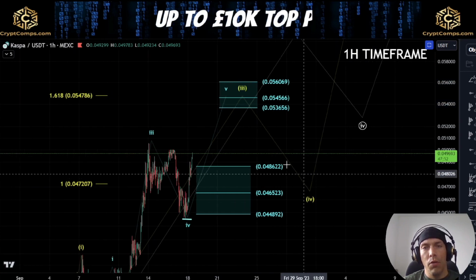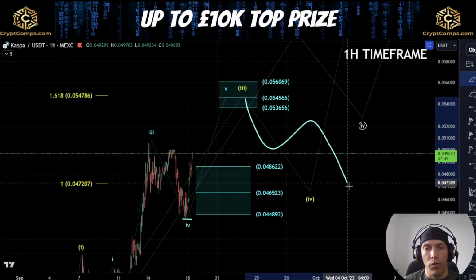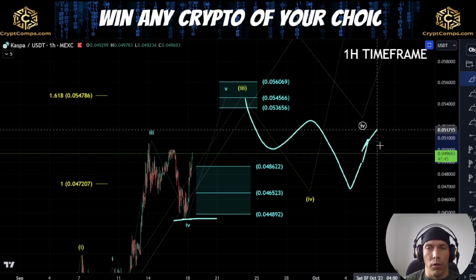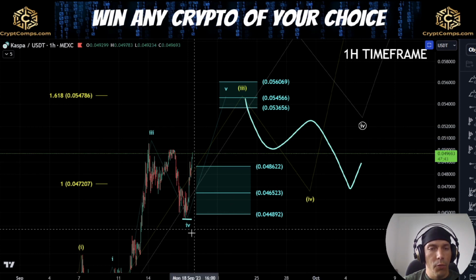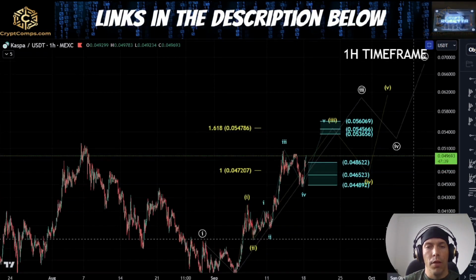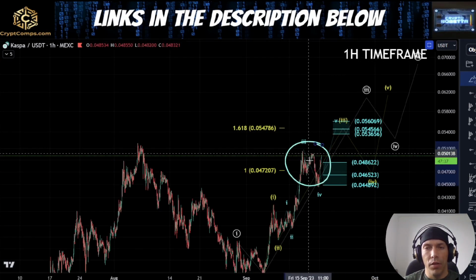Going to be looking for this target area. And then from there, it's going to be very important what happens next. 3 waves to the downside. Holding this wave 4 could actually align with that continuation to the upside. If we start to lose this wave 4 area, though, we need to just be very careful that this move isn't actually completed into this high.